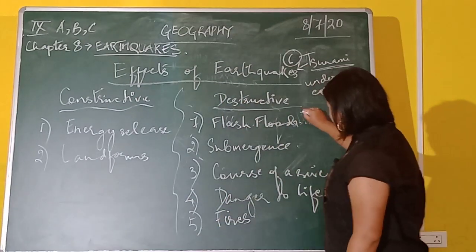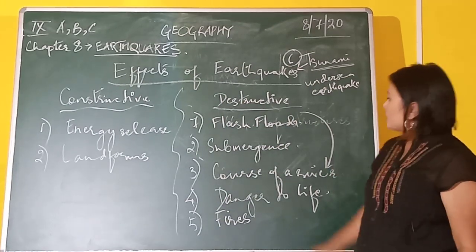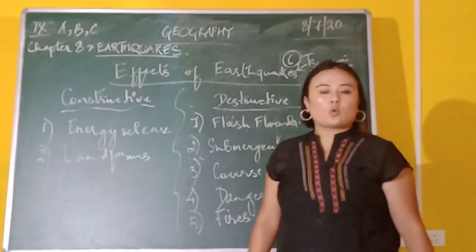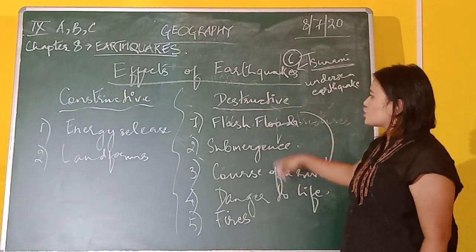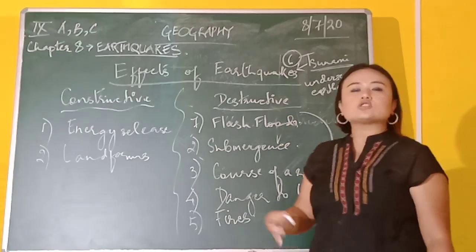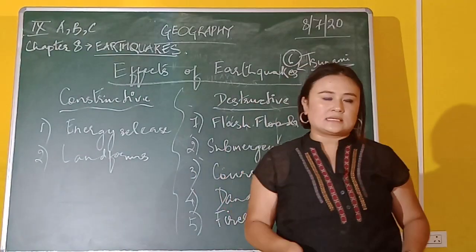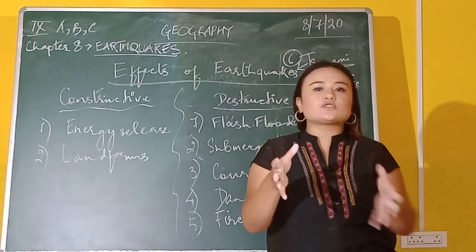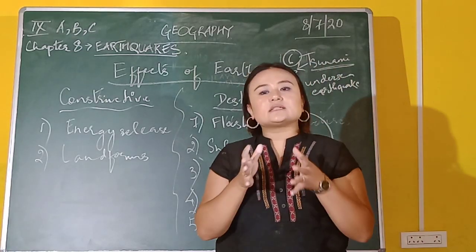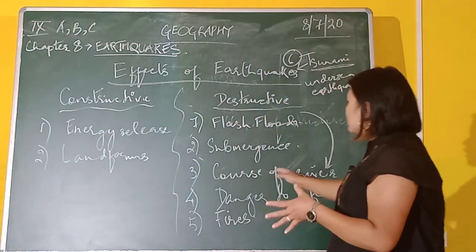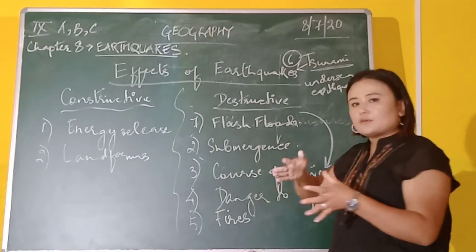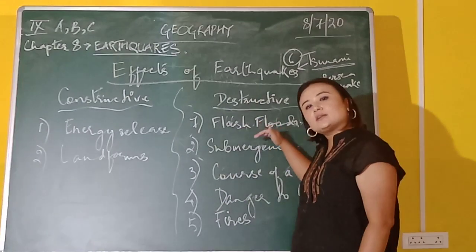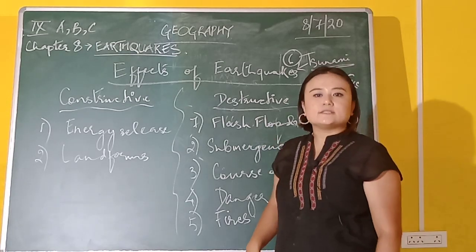So this flash flood, you can directly relate it with the course of your river. The course of the river also gets changed because of an earthquake, and flash floods are also caused because of an earthquake. Now let me cite the relationship between flash floods and the course of the river. Because of a landslide, the accumulated waste of soil and different varieties of material blocks the river, creating a natural dam that is responsible for changing the course of the river. Now, when the course of the river is changed, the river water flows somewhere else, leading to a flash flood, which is again associated with destruction and devastation.